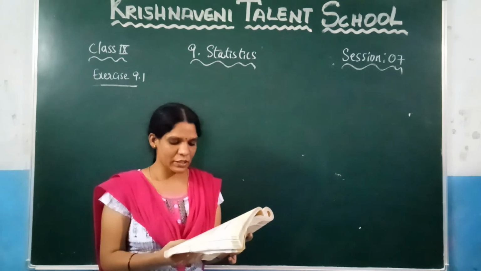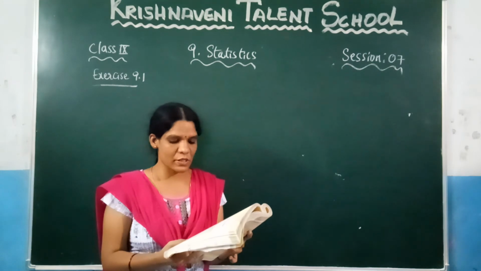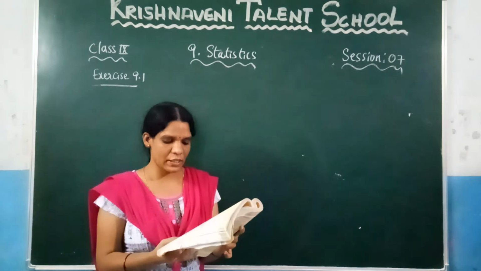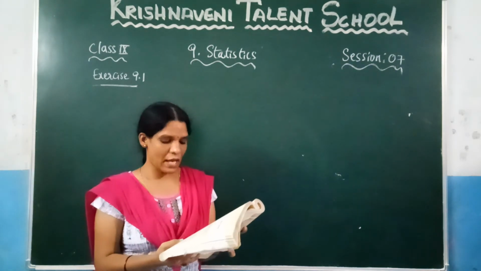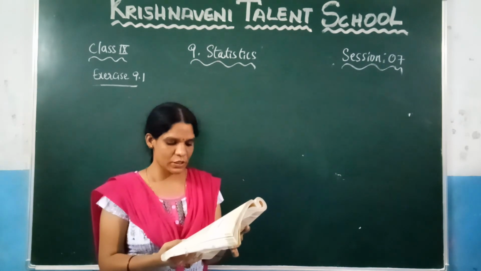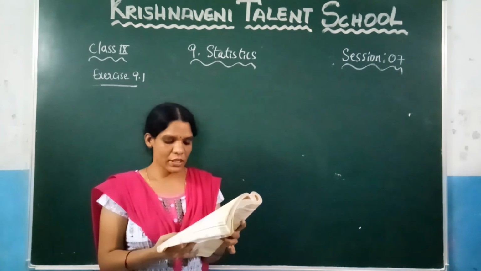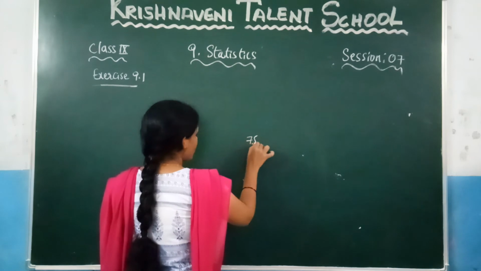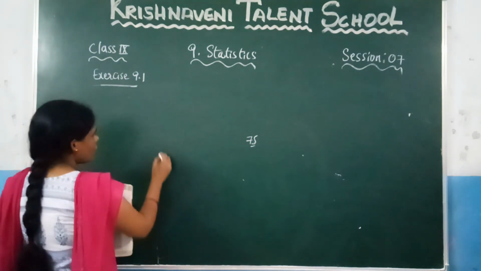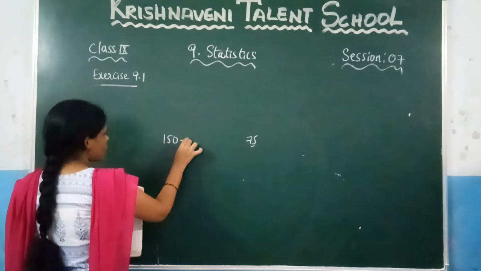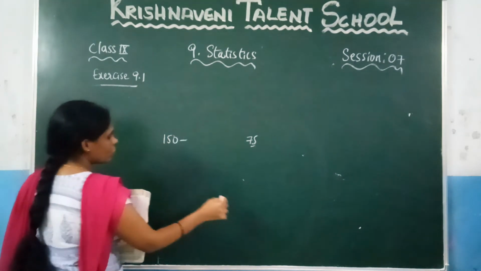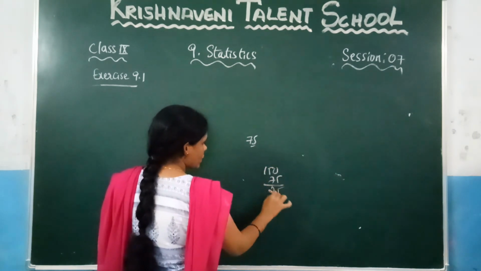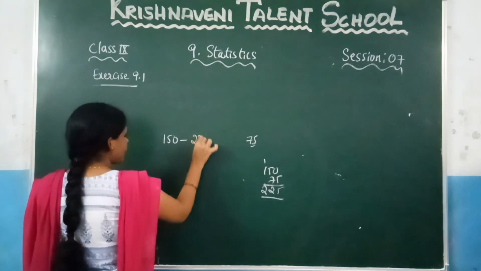Here in the 8th question what they said is you need to form the grouped frequency distribution table with a class size of 75. So what is the meaning of that here? Let us see what values they have given. 170. Now you can check here. What is the class size they have given here? 75. That means here you need to consider the class from 150 to, if you add 75 to that, what are you getting here? 7 plus 5 which is 12, 225. You can take it like this.